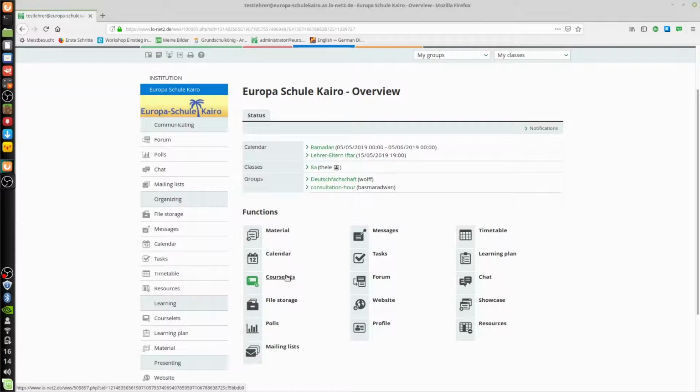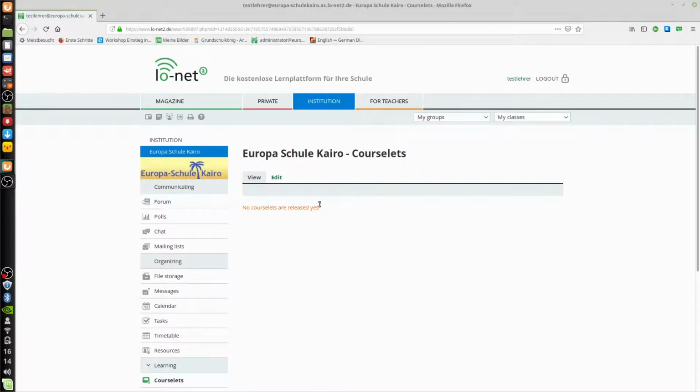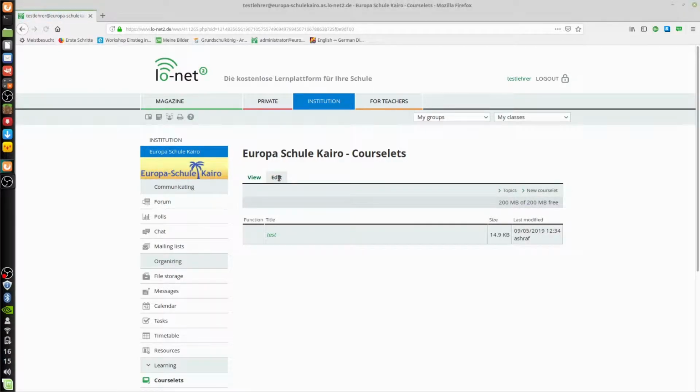Here are some already prepared worksheets, and let me click on it to show you, because it's much easier to see than to understand why Mr. Peter Quill is talking in his terrible English. So you see here, edit. Click on edit, and you see there's nothing. Oh, there's something. There's already a tiny worksheet. If you want to do a new worksheet, press on New Kurslet,